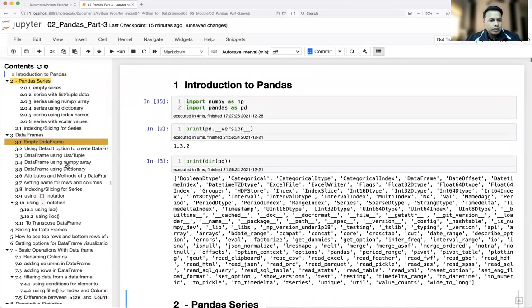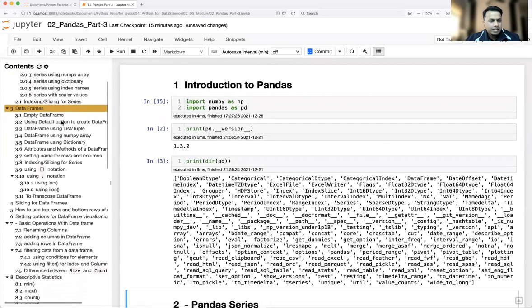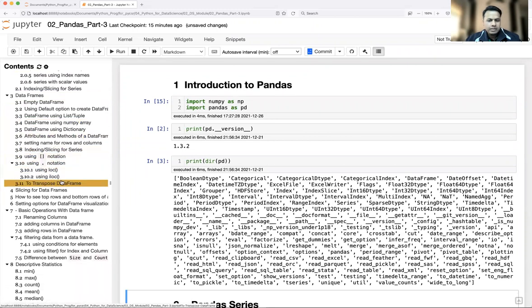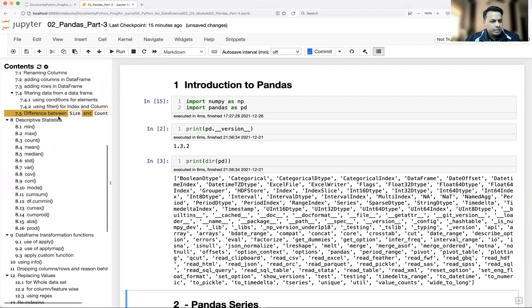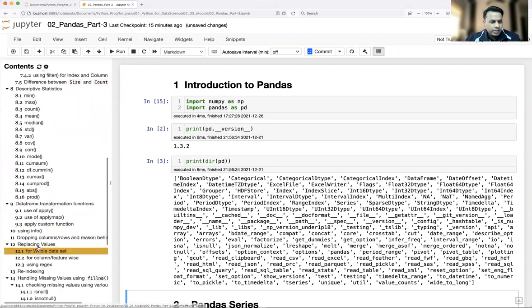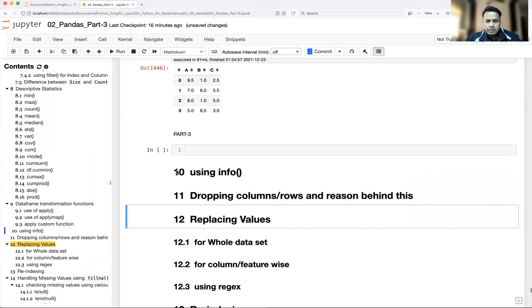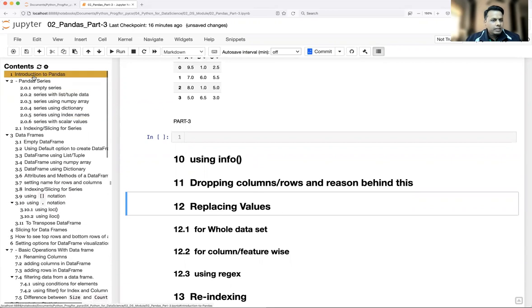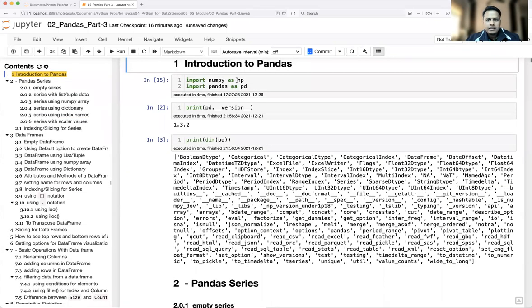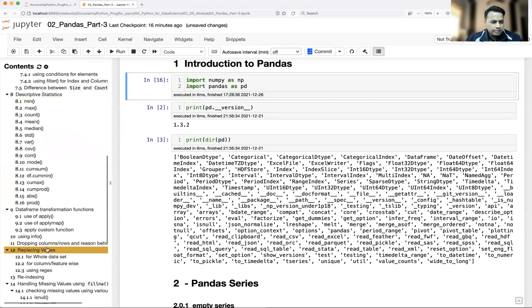Just to recap, we saw pandas Series and DataFrame and a lot of common functionality, which is very heavily used. We have already covered that in part 1 and part 2, and descriptive statistics we also saw in the previous video. In today's video, we'll see how to use a couple of other functionalities, which are also very heavily used in data analysis. I have already imported the pandas library and NumPy: import numpy as np and import pandas as pd. Let me run it once again. Okay, let's go back to the section.